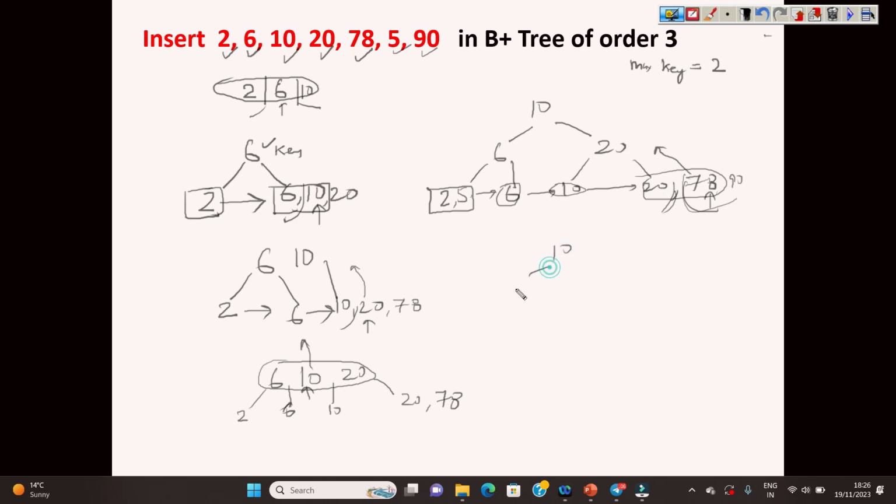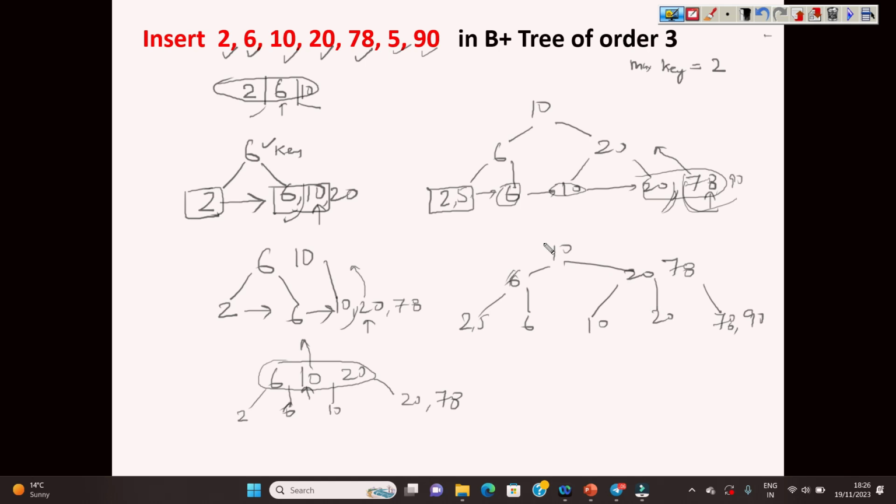This is 10, this is 6, this is 2, 5, then we have 6 here, then we have 20 here, we have 10 here, then we have 78, and 78 and 90, and also we have 20 here. So this is what we get after the final insertion.